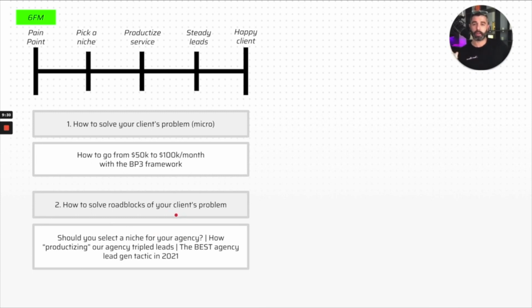Again, going back to those jobs to be done, we want to teach them about our service or our product, and we want to show them how to get results. These are all going to do that. I don't have a problem giving that all away, because at the end of the day, I know that most people are going to need more help. And most people don't have the time.